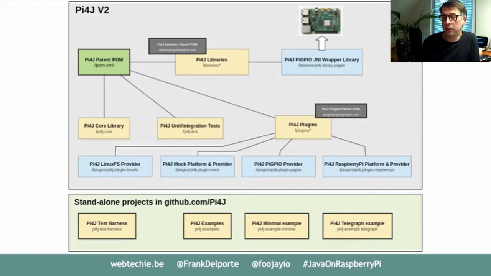If you go to GitHub, all the sources are there. You will find different projects, different repositories. You have the core library of version 2, which includes all the code which ends up in the Maven projects, libraries that you can download. But there are different example projects also there, and a test project which is separate. So all these projects are shared and open for everyone to take a look at, contribute to and